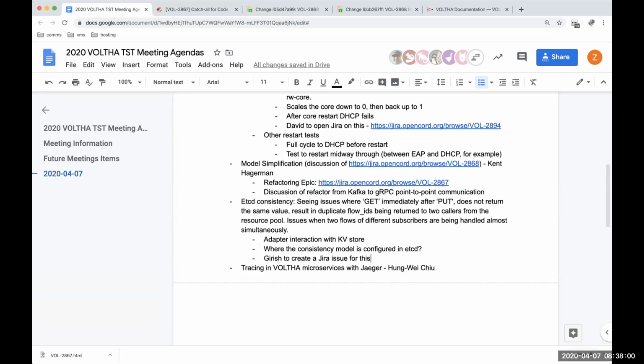So is there a Jira ticket to run etcd in a multiple node, multiple deployment scenario? Because I think this is very important, and if we never tested it with the current code base, we probably should. Kind Volta in full mode will deploy an etcd cluster, I believe, as it will deploy multiple Kafka cluster too.